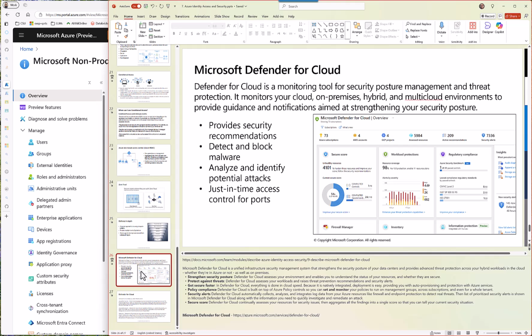Last but not least is to have visibility over all of these things, and that's where Defender comes in. It can check at all these layers what the controls are, where the vulnerabilities are, and give you a high level view of everything that's happening.